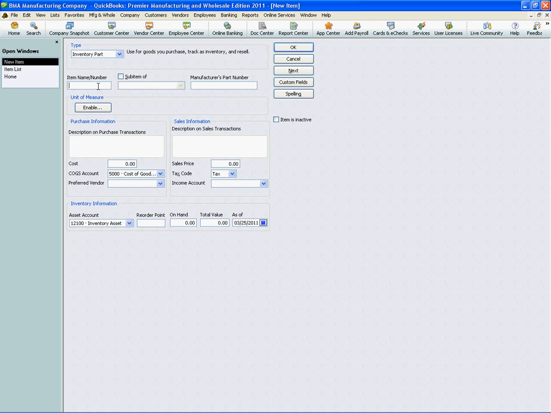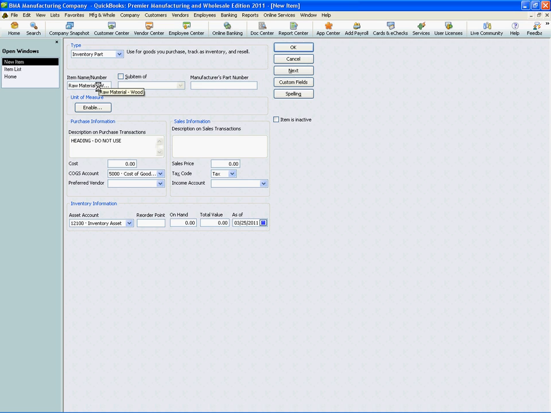We're going to start by setting up a heading. So, for example, let's use the door manufacturer I used in the last video as the example. You're going to set up an item called raw material wood. Now, depending on your business, if you were a door manufacturer, you may separate it into different kinds of wood, but you may just have one kind of wood, but this is going to be a heading,